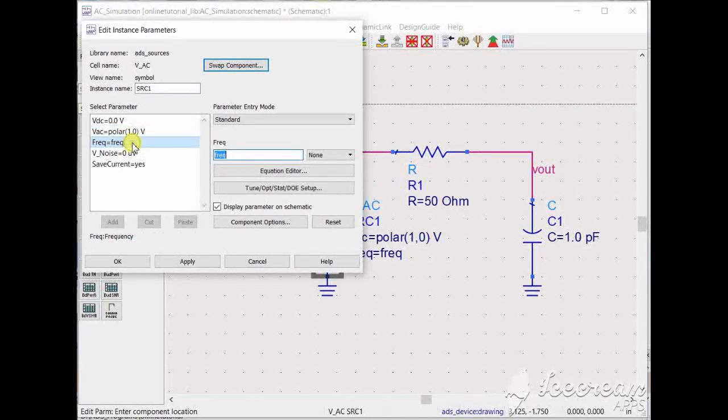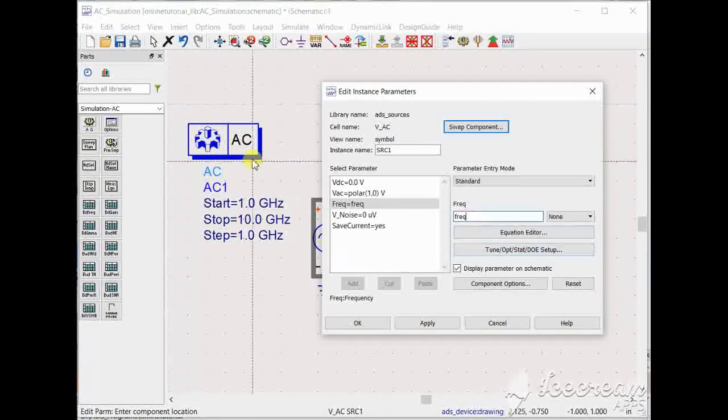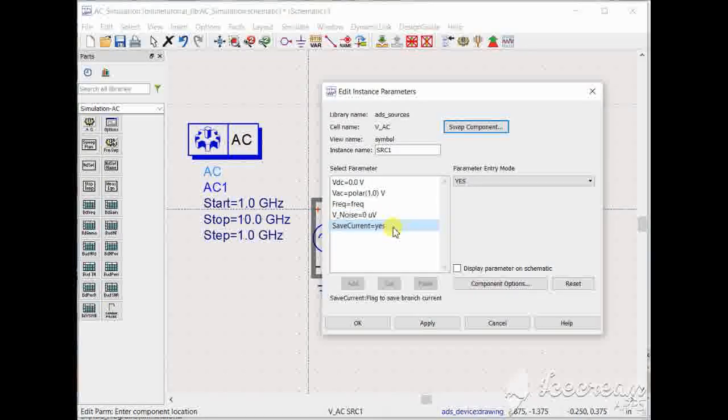This frequency: until you write FREQ here, it will sense the frequency you define in this controller. So I am not changing this. Perhaps we will make the changes to this AC simulation controller. Then you can add noise over it, save current, let us leave it at default. I'm clicking OK on it.